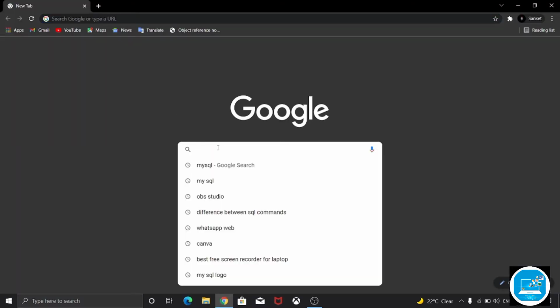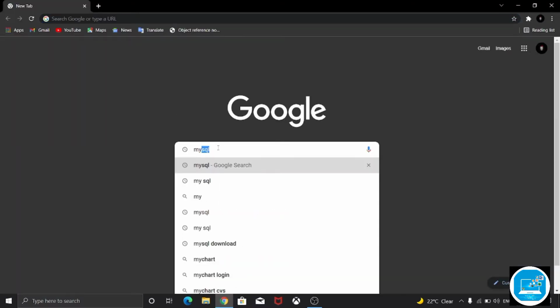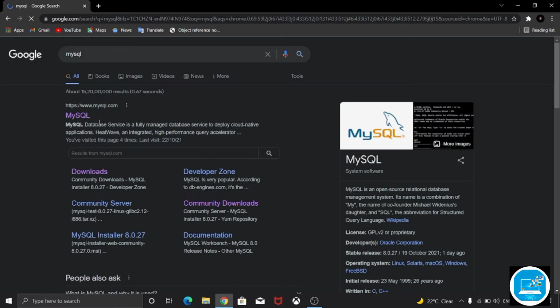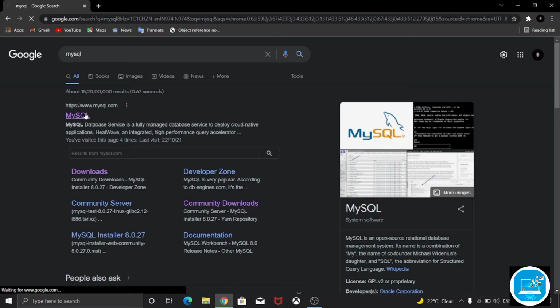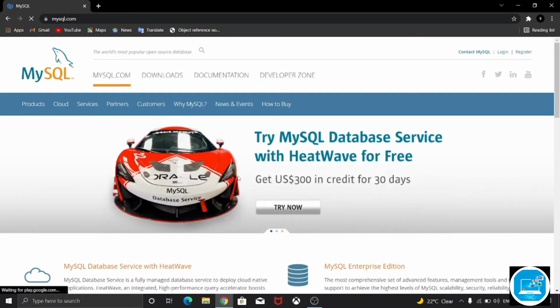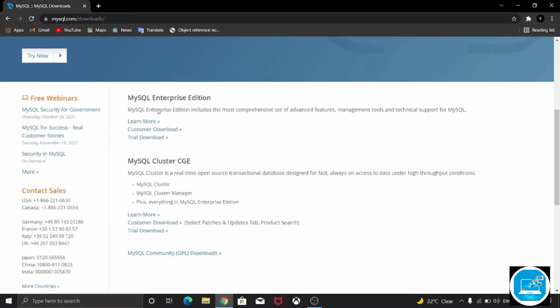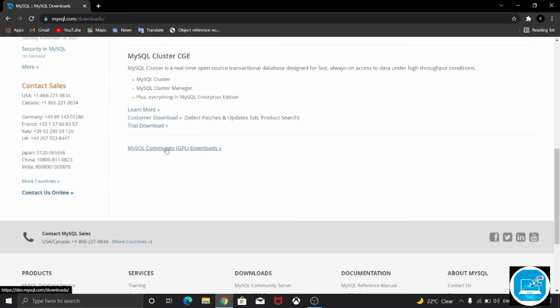Click on your Chrome browser and type here MySQL. Click the first link and you reach the official website of MySQL. Simply click the downloads, scroll down and click here MySQL community downloads